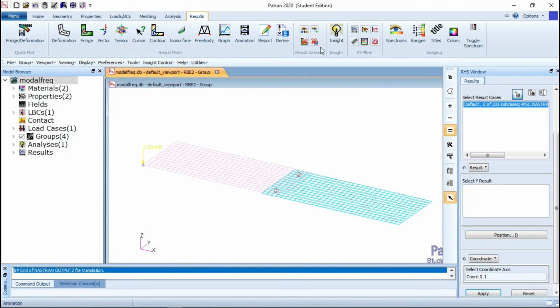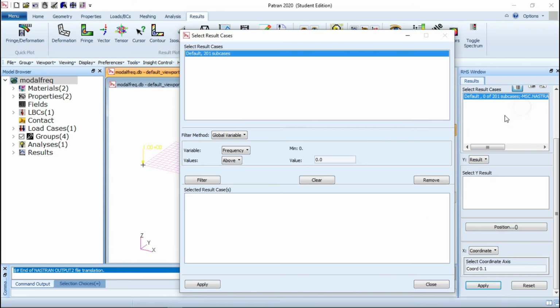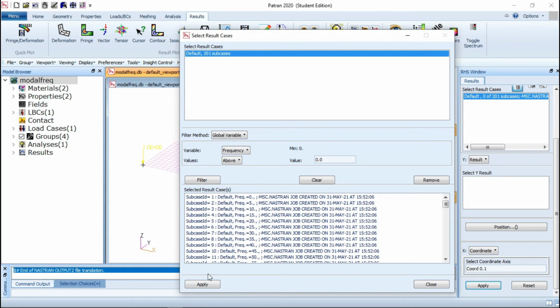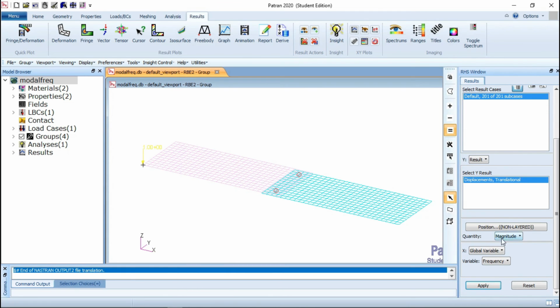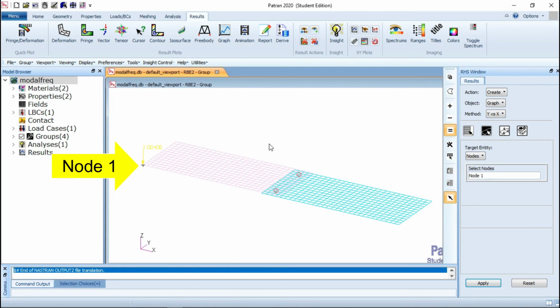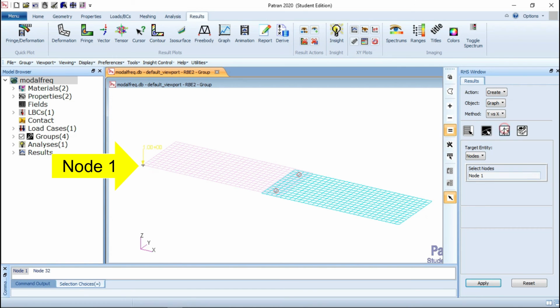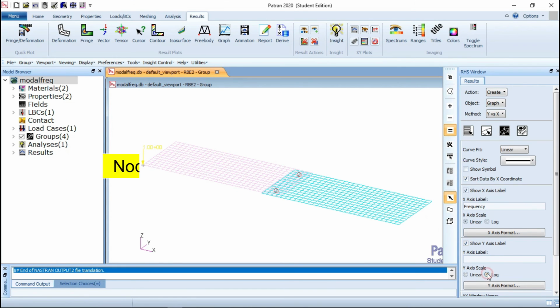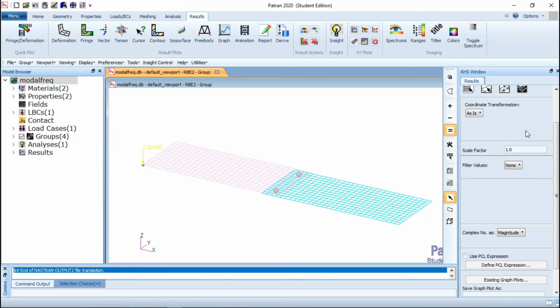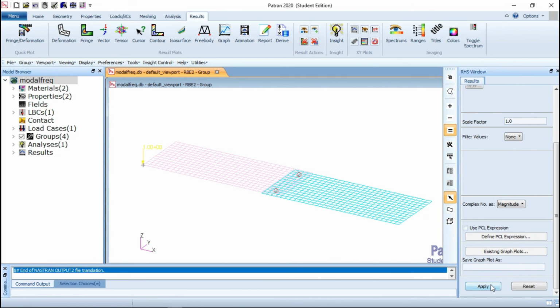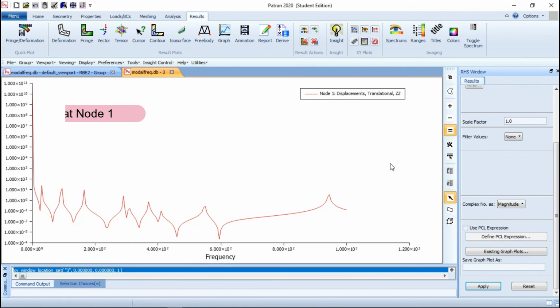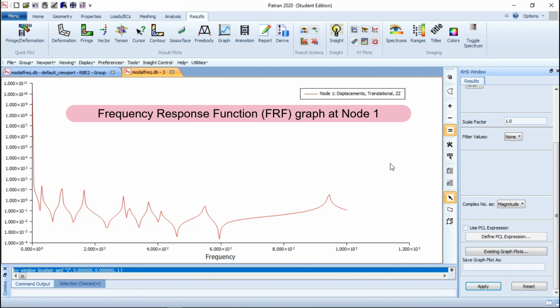The results of the frequency response function, FRF, can be viewed. Select node 1 as a target entity. Finally, this study shows that the vertex of the aluminium plate side containing all the resonance peaks is the most suitable